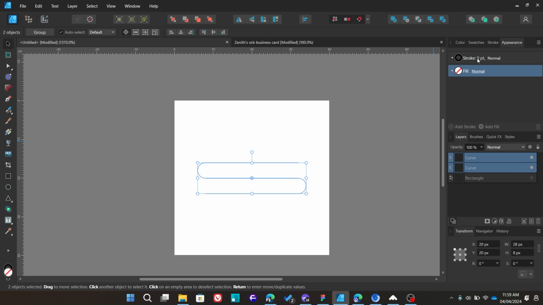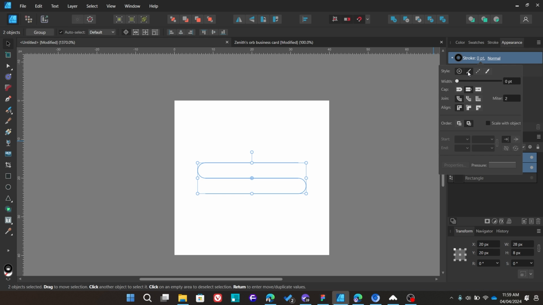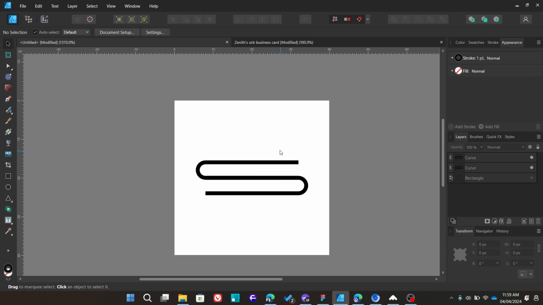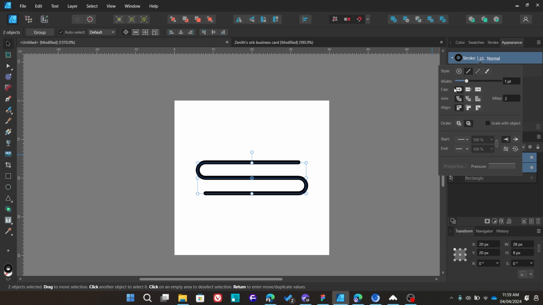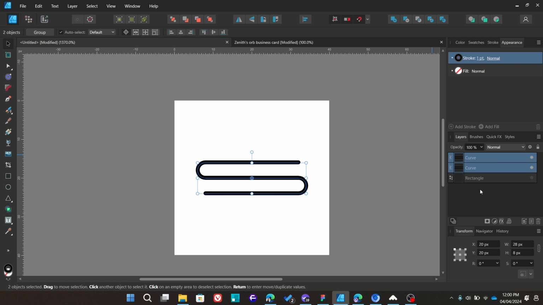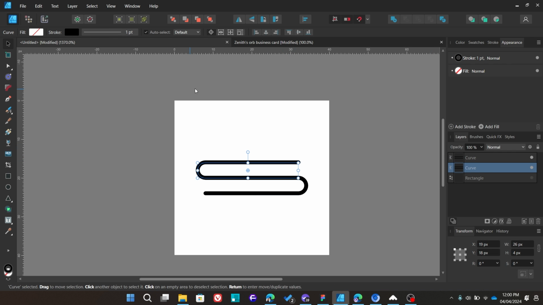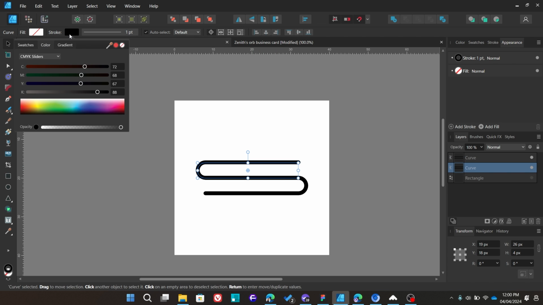I'll turn off the fill and add a stroke, a 1-point stroke, and straight away you can see the shape begin to show up. One more thing to make it more like what we had on the web is the cap. So I'm going to add a round cap just to add that extra effect. Another thing I'll do is select the first stroke on the first curve as according to Affinity Designer, and I'll make it red